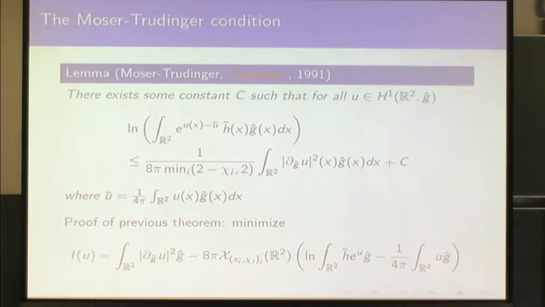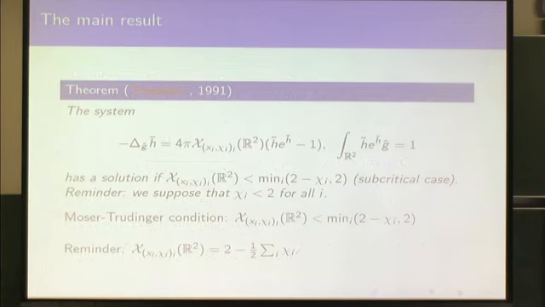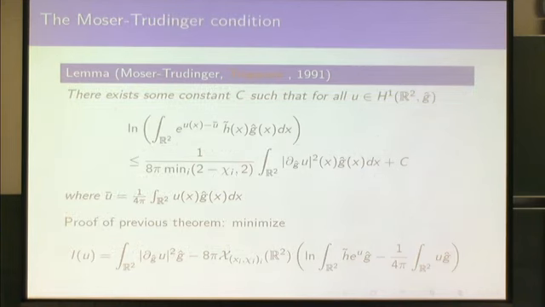Okay, so you take your gradient on the sphere, and you take out the curvature and this logarithmic term minus its average. So if you minimize this guy, it's not very hard to see that it's going to be the solution of your curvature problem on your sphere with conical singularities. And so, if you want this to have a minimum, you need this guy here to be controlled by the gradient term. So the Moser-Trudinger condition or inequality is an important